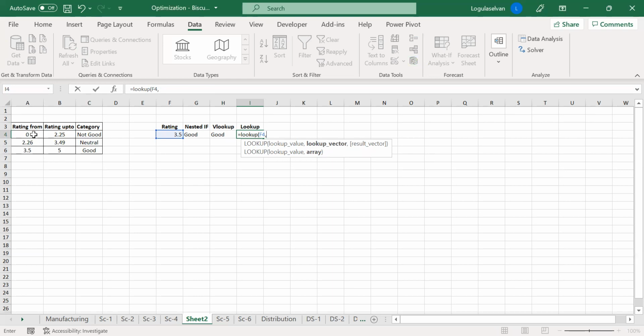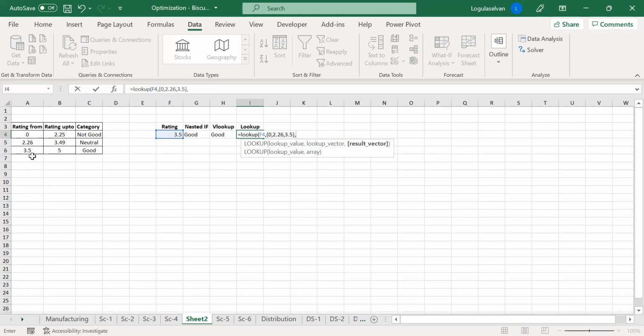The lookup vector is nothing but whatever values are available in this column A. Start the bracket: the first one is 0, the second one is 2.26, the third one shall be 3.5, and close the bracket, comma.